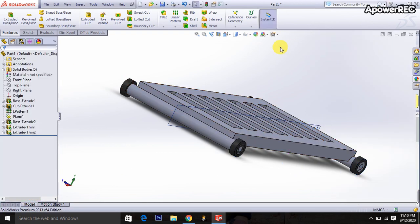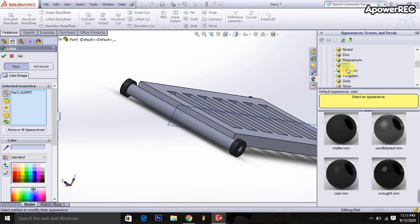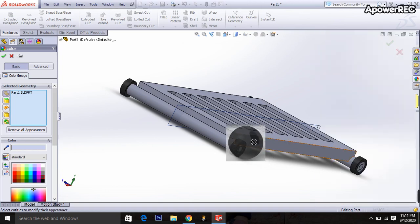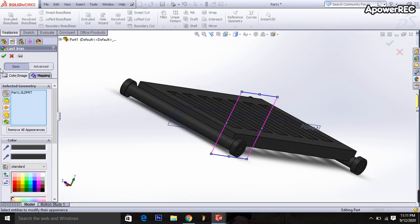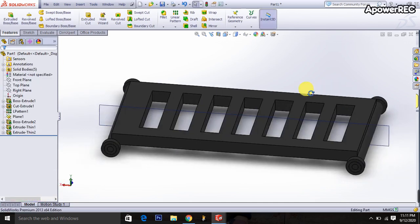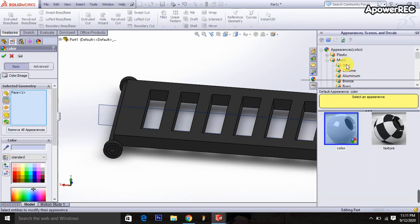Okay, done. Then again select it, and I am taking the metal, and I am taking the iron, and I am taking the cast iron, okay, from this body. Okay, done. I am taking this portion. It will be only the hole. I can change this color,